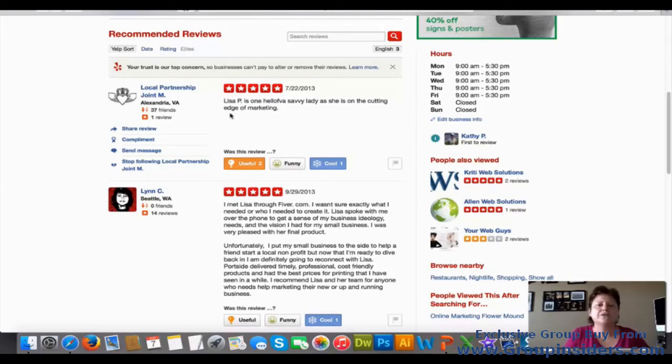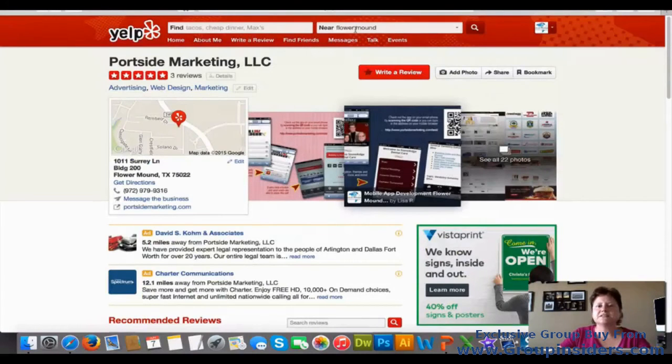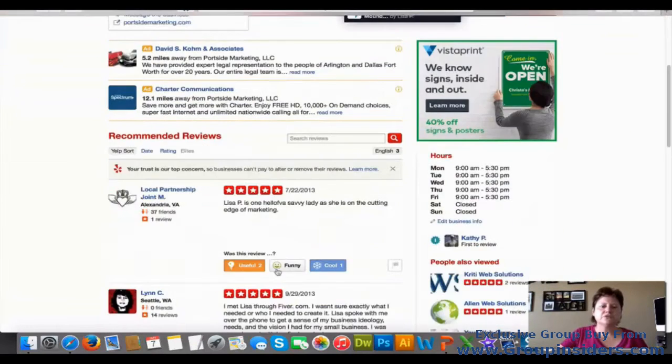Yelp is actually one of the easiest places to get rid of a bad review if it is in fact spam. It's actually pretty easy. Google is as well, and we'll talk about that. So make sure you go out there and you look at the citation sites, the different places, and look at what that is. Look at the pictures, look at the notes about them, things like that.